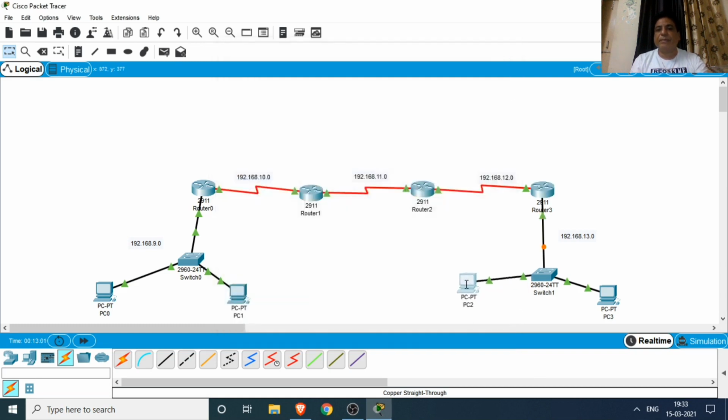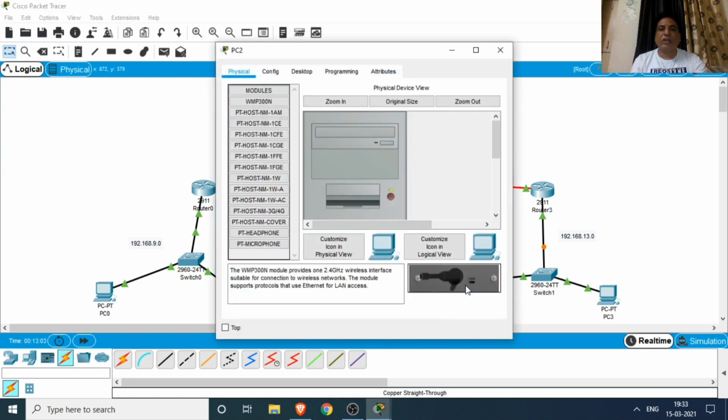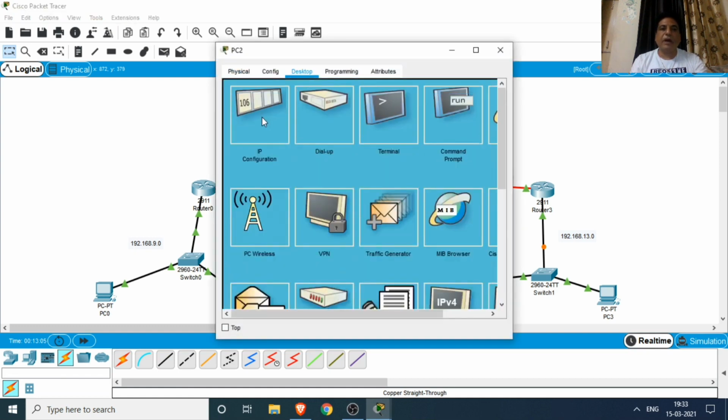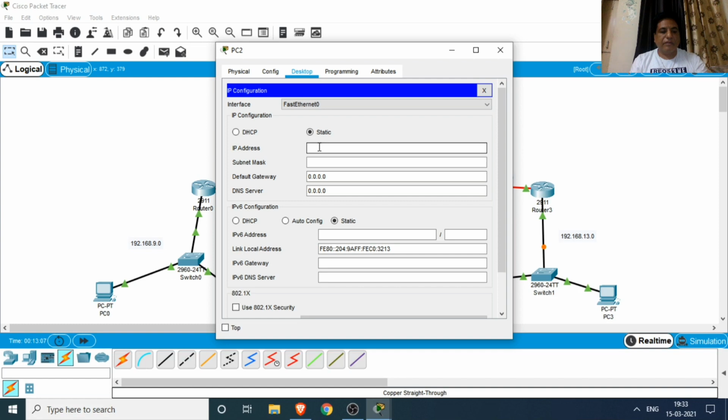Now we configure the PC. We click on the PC, desktop, IP configurations. We are assigning the IP 192.168.13.2, then the class C subnet mask, then our gateway address is 192.168.13.1, and the DNS is also the same, so our DNS is 13.1.